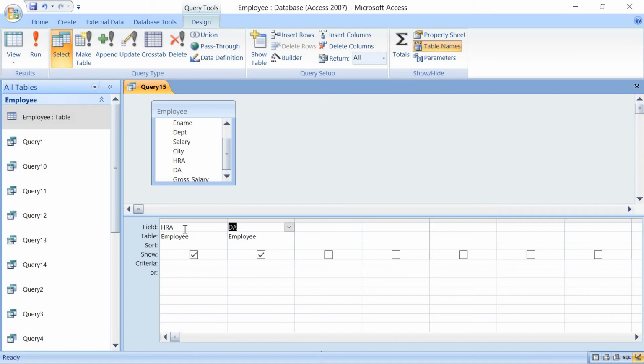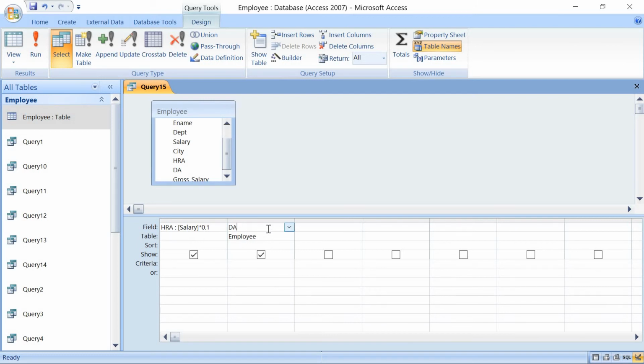Then later take the pointer here where the field is available. Then here we have to provide a space and colon, and in square brackets we have to type the column heading, that is salary. Then close the square bracket, later asterisk for product. 10% is given. This can be written in the form of decimals, that is 0.1.